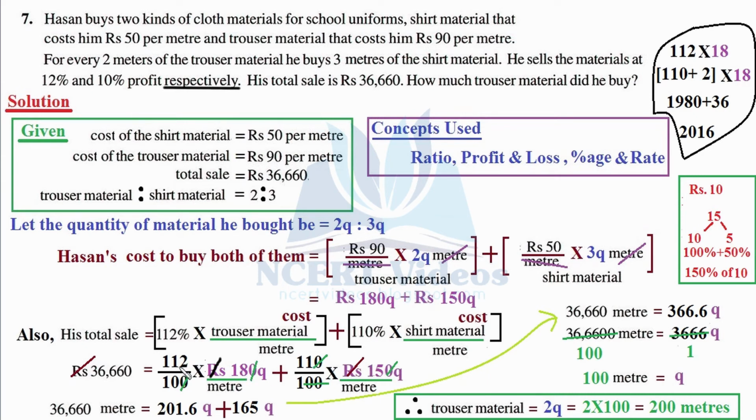How can we solve it in a rough space? With the previous concepts known, let us try to solve it in a rough space. So we wrote 112 multiplied with 18. This 112 can be broken down as 110 plus 2 multiplied with 18 in brackets, so that we consider it the same value. This simply means that 18 will get multiplied with 110 and then 18 will get multiplied with 2. Simple so far. Just keep this 0 in your mind.